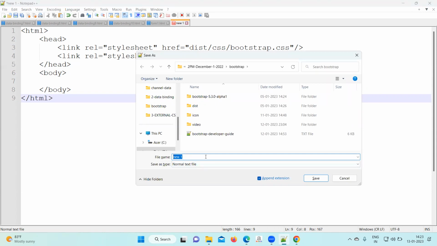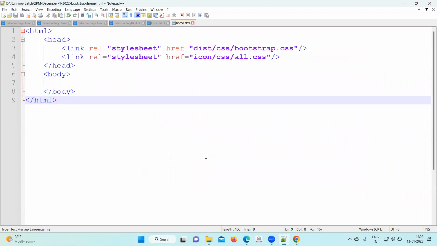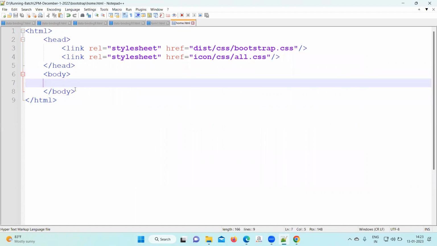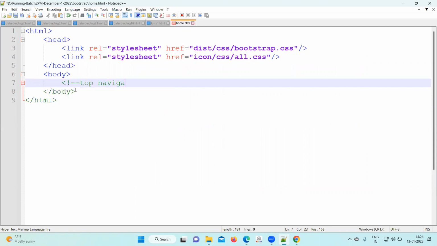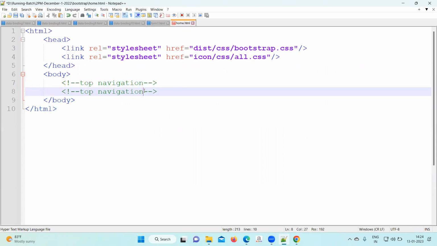We can write here all one file, home.html. In home.html, we will use the navigation. This will be called a top navigation. Start the top navigation and